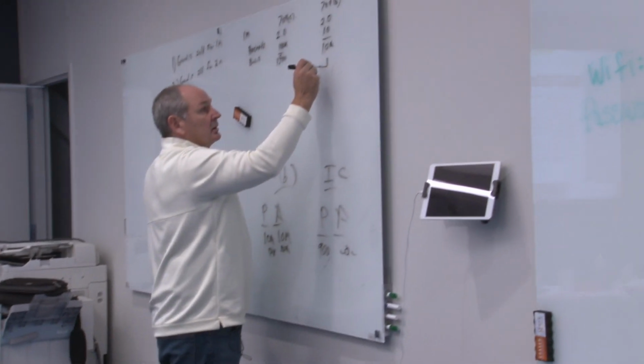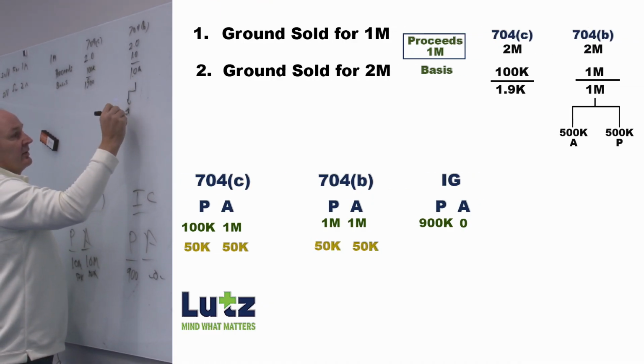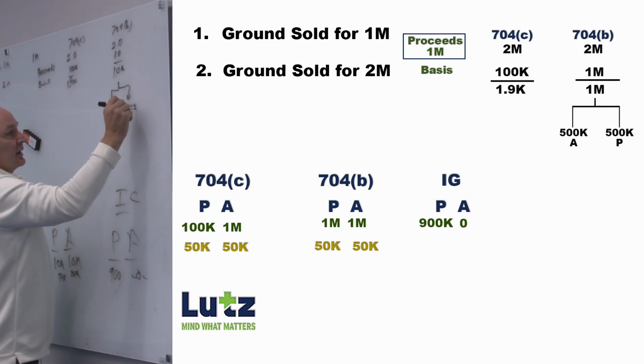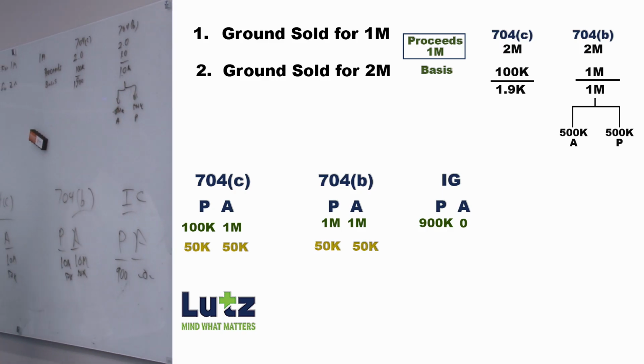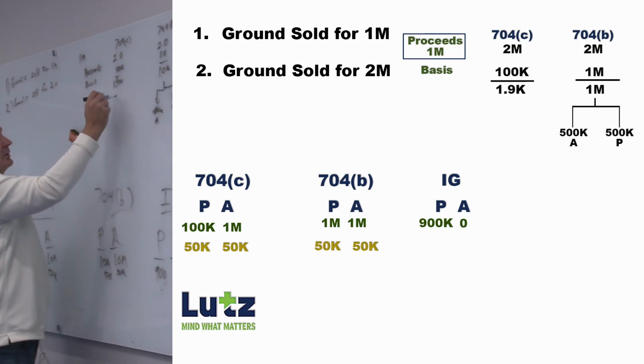Well, let's talk about 704B first. What's Aaron and I's deal? Economic deal. How are we splitting income? 50-50. Guessing. So the million is going to go 500K to Aaron and 500K to Pete. Okay? But over here, we have